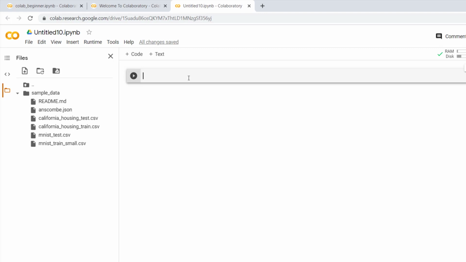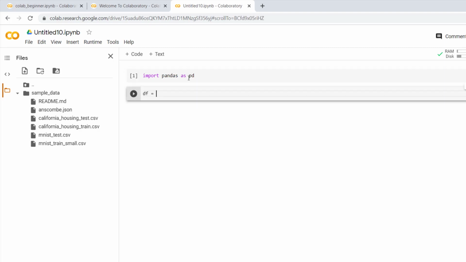So let's say if I want to just read a dataset, so what I can do, import pandas as pd, right? df is equal to pd.read_csv that we use to read a CSV file. And now you will see it is first the sample data folder here.